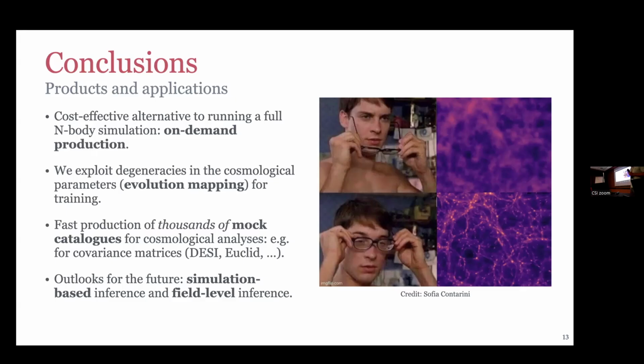So when you train, if I understood correctly, can you ask for a different redshift from the machine that you have been training on the data, or is the training set all at redshift 0, but with different values of sigma 12? As we are using sigma 12 as our time variable, once everything is put together, when you ask the emulator for a redshift, it will remap it to the corresponding sigma 12. That's why you don't need to train with different redshifts. That's part of the evolution mapping.